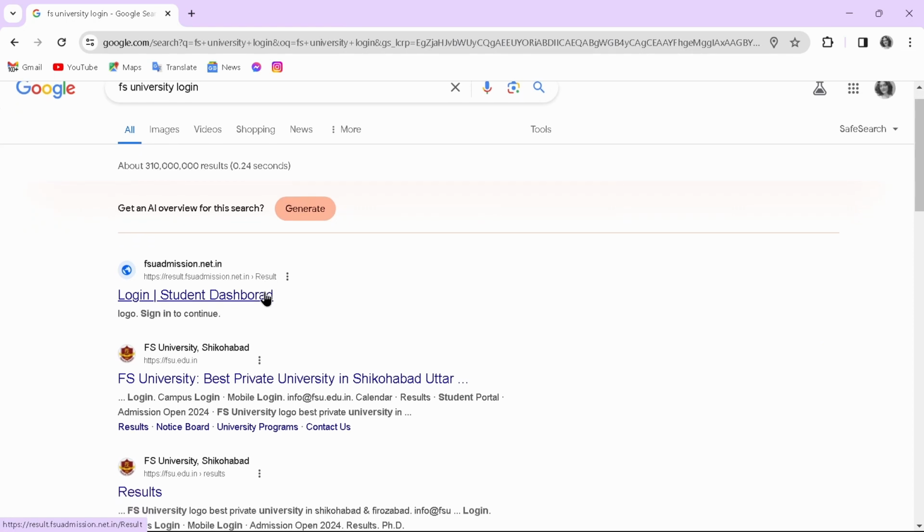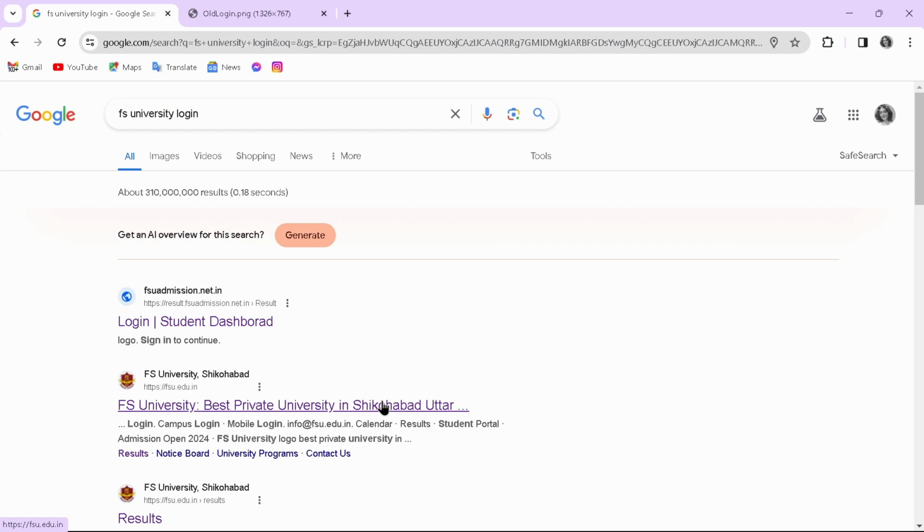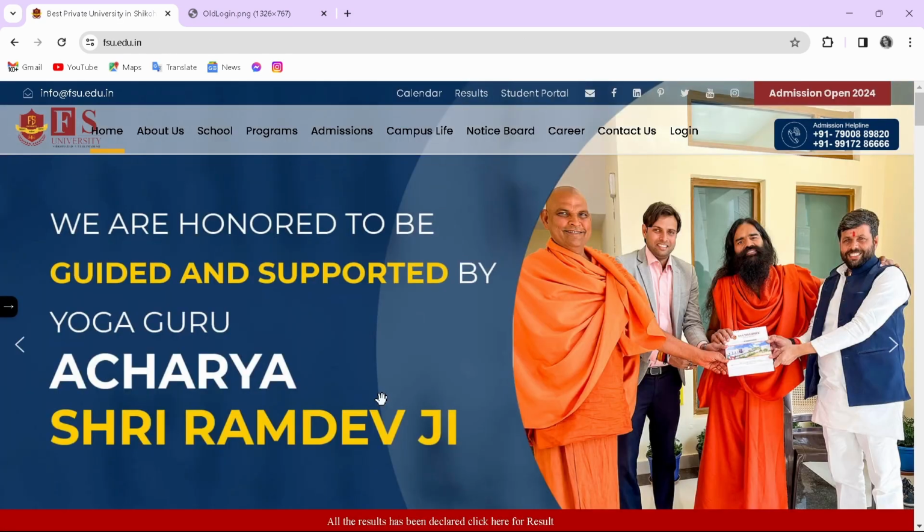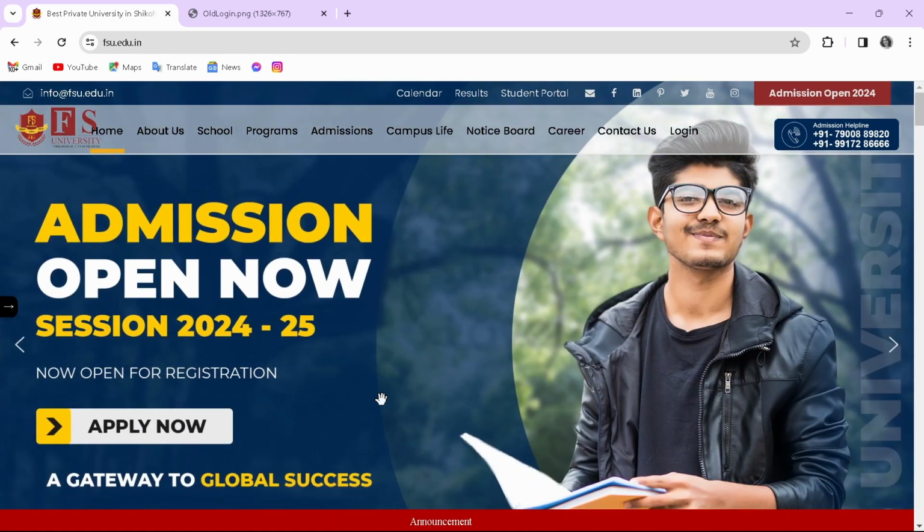And after searching for FS University login, you'll come up to this page. From here, what you can do is just simply tap on the second option, which is from FS University. So after tapping on that option, you'll come up to this website, and from here you can log into your